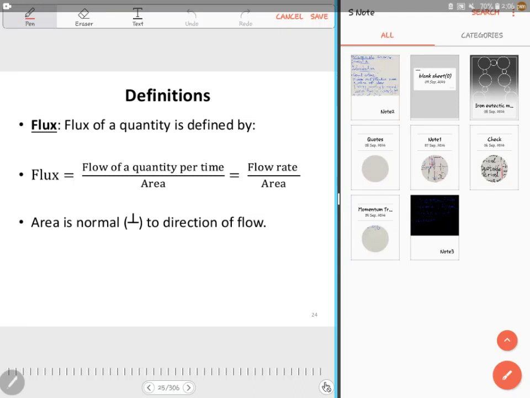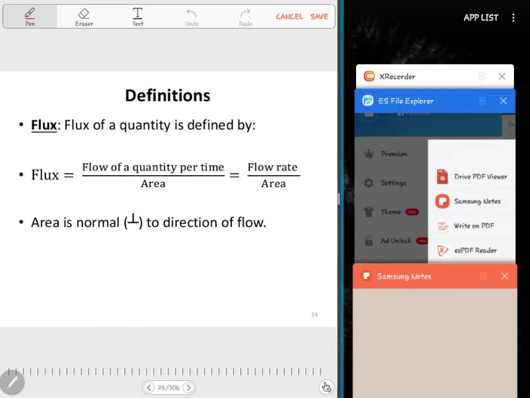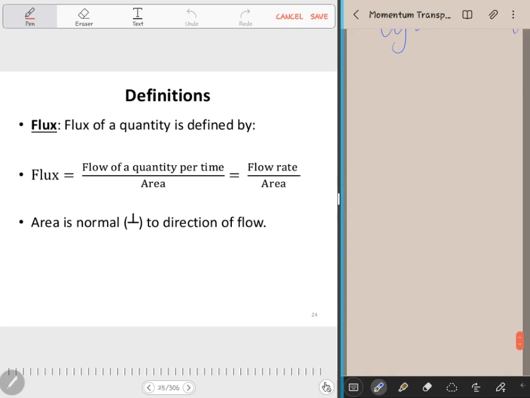Alright, so now we are looking at flux. Flux, right? So flux is a quantity defined by flow of quantity per unit time per unit area,